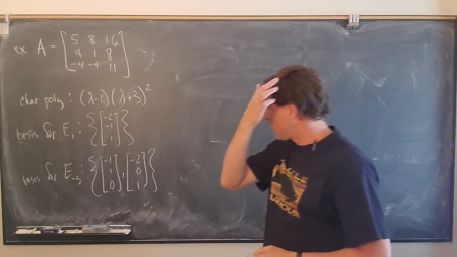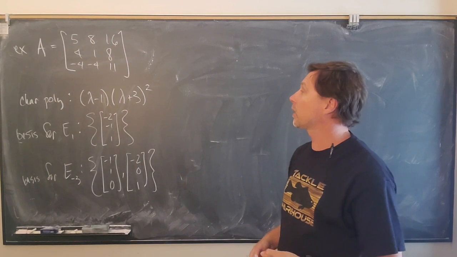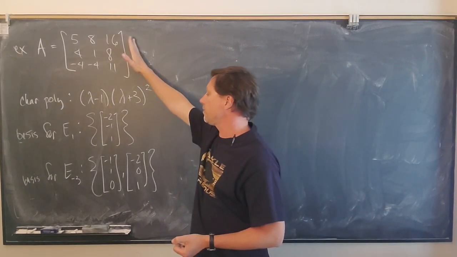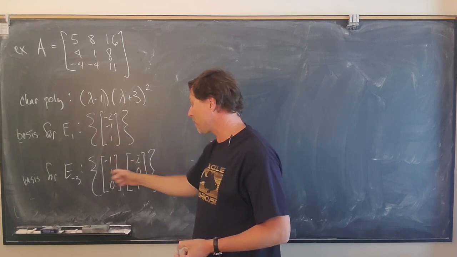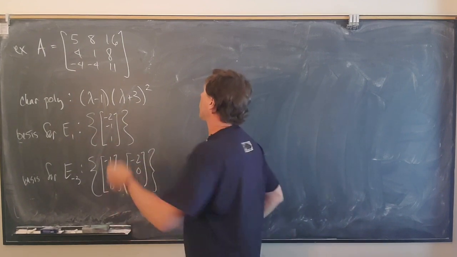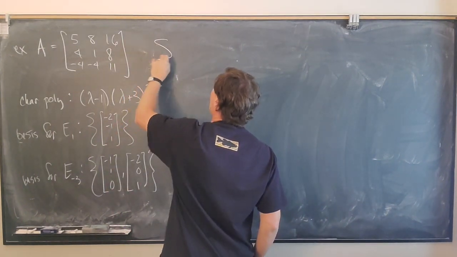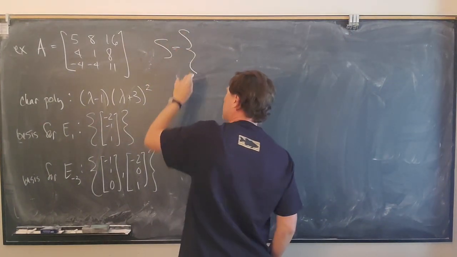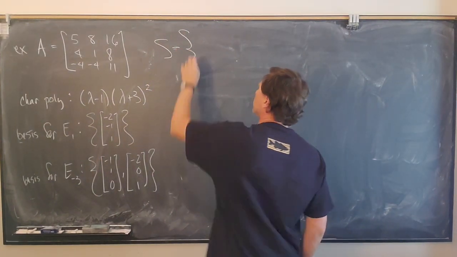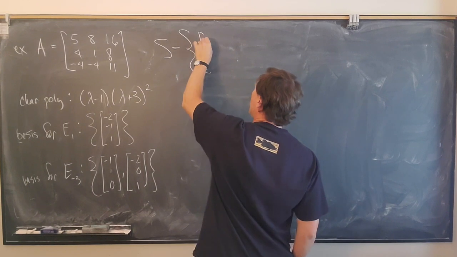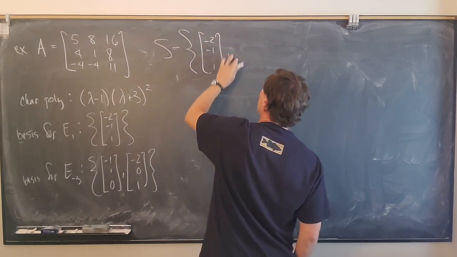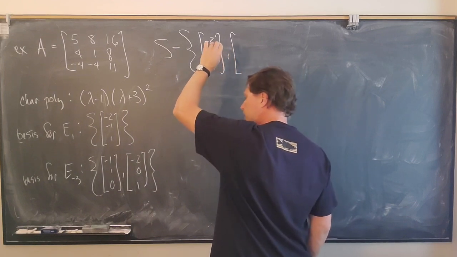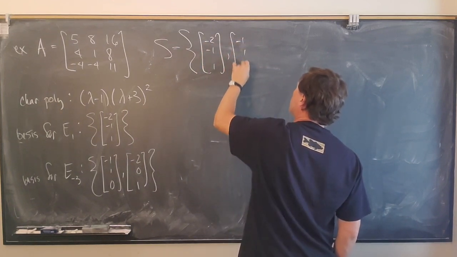Okay. So now the process that we described a minute ago, here we've got a 3 by 3. And when we lump our vectors together, we're going to have 3 eigenvectors. So our set capital S consists of the 3 eigenvectors, (-2, -1, 1), (-1, 1, 0),